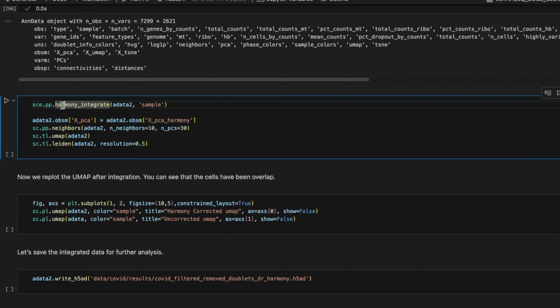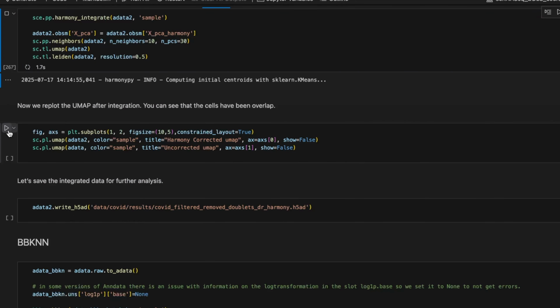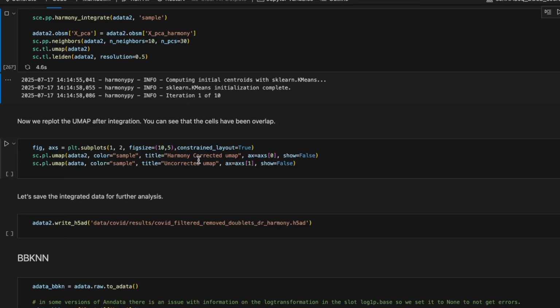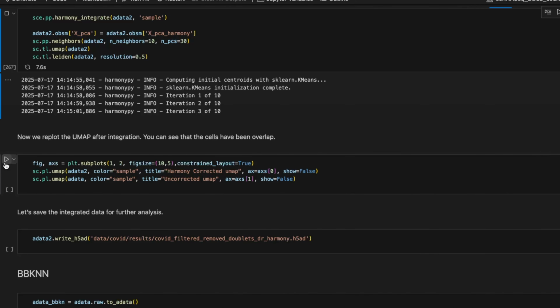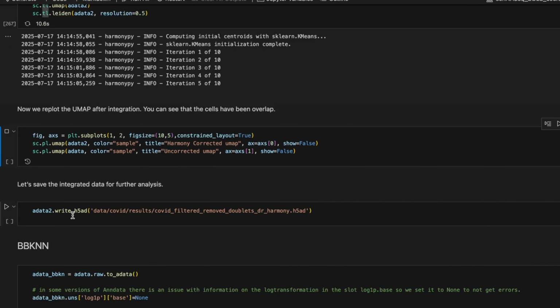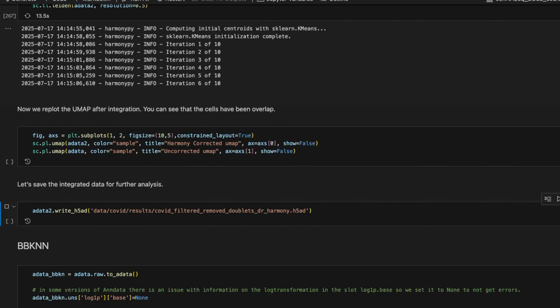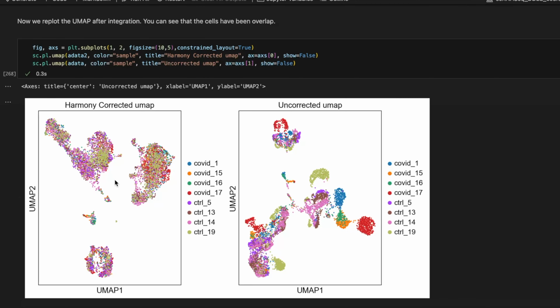Now, let's run Harmony, with this Harmony integrated, and then we set the sample as the key. We pass the PCA Harmony as the main representation instead of PCA, and then we calculate neighborhood, UMAP, and then we do the clustering with Leiden. I will talk about clustering later. Then let's first run this chunk, and then we do the visualization both for the uncorrected and also the Harmony corrected UMAP. And then we save the data. So here is the output of Harmony